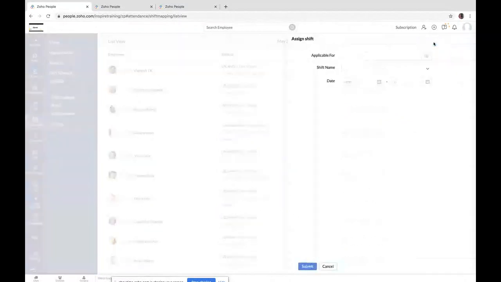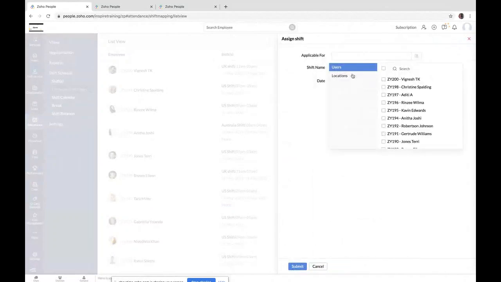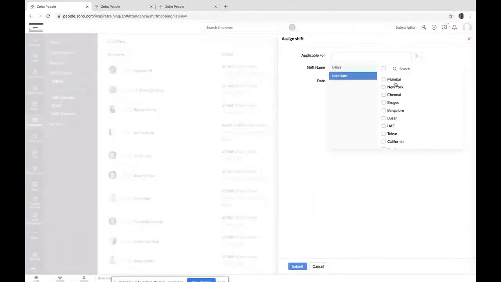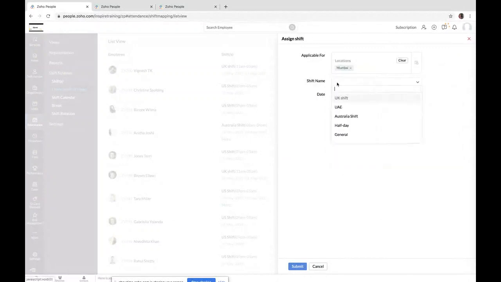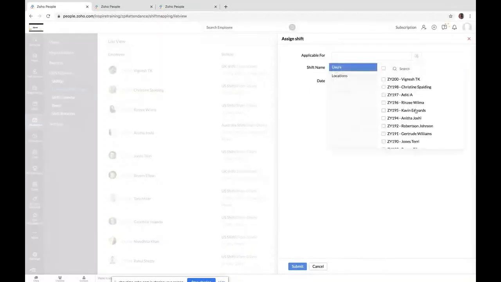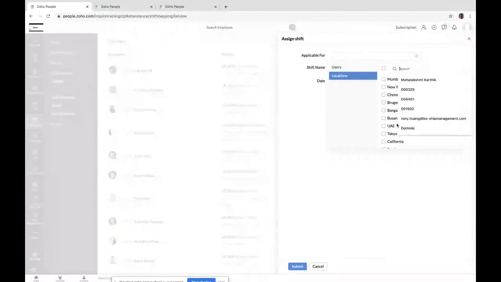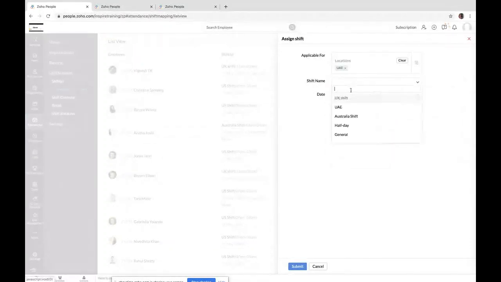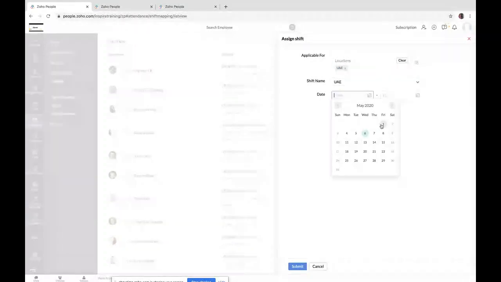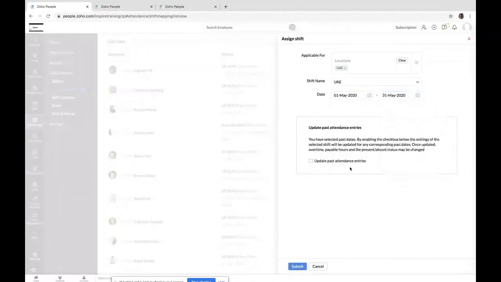So click on assign shift and you can select the applicable for criteria, say the location as UAE location, and the shift name as UAE and the date as 1st to 31st May. So in this case, all the people from UAE location at the current moment will be picked and will be mapped with UAE shift for the entire month of May.